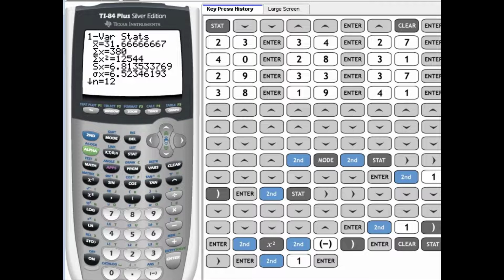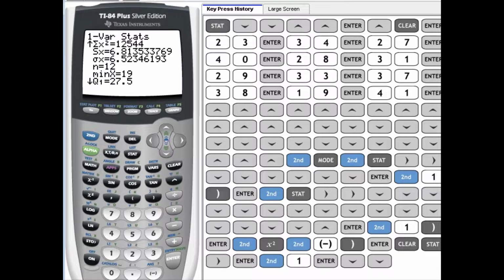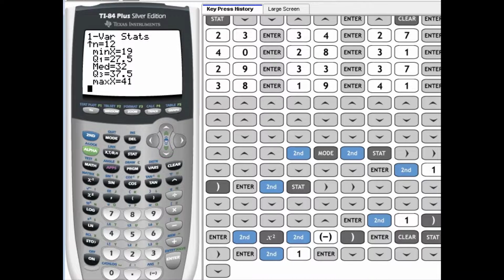The Sx means the sample standard deviation. That's what we obtained before. Right below it is the sigma x, which, as you know, is the population standard deviation. So if this were a population and not a sample, we would use that 6.52346 number. If we scroll down, it gives us n is equal to 12. It gives us the minimum, which is 19. Q1 means the first quartile, meaning 1/4 of the numbers are below it. The median is 32. The third quartile,